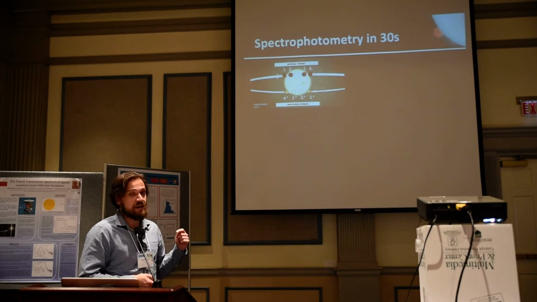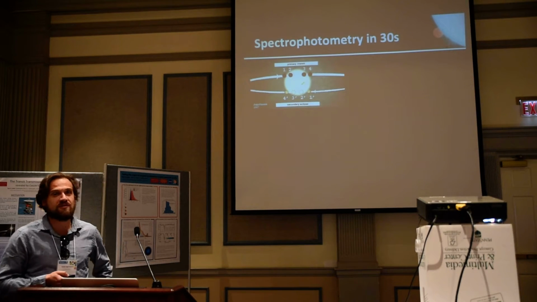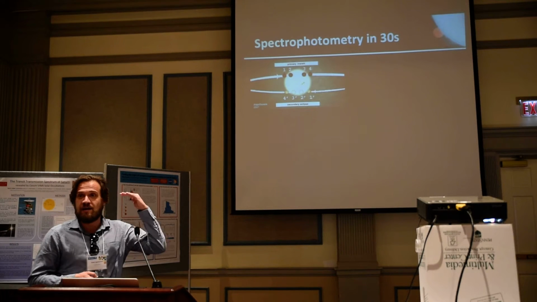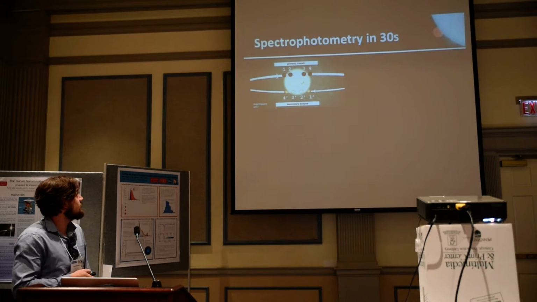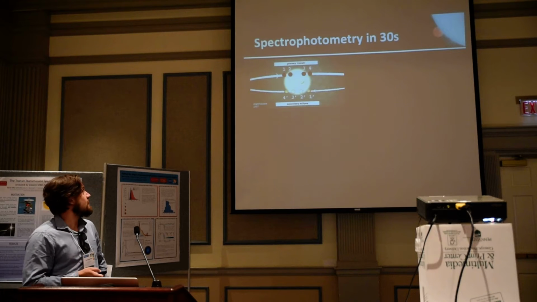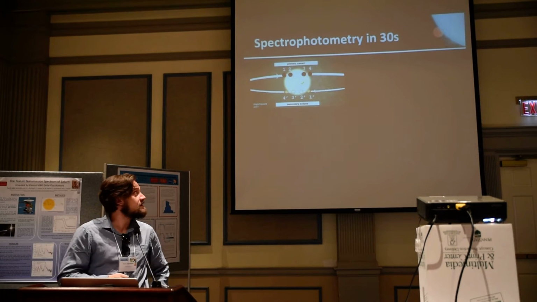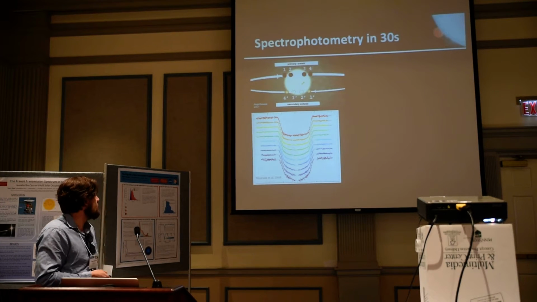Okay, so quick refresher of your knowledge about spectrophotometry. We had a couple of talks about it yesterday. For some systems we are lucky enough to look edge-on, and then most of the time we get these primary transits or secondary eclipses, and from the difference before and after, or from measuring these transit light curves, we can actually not just detect but also characterize the planets. And what you usually get are these transit light curves. In this case,